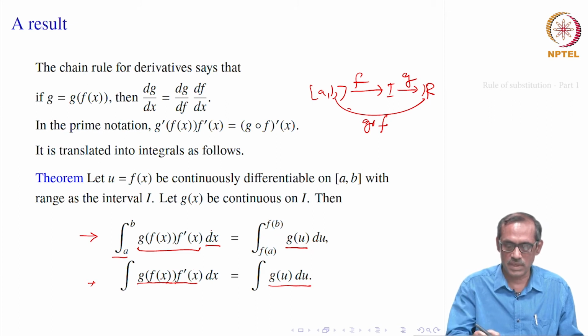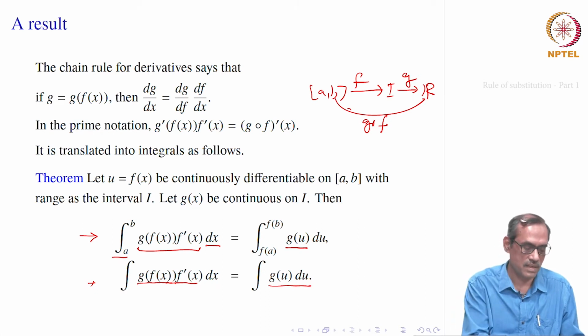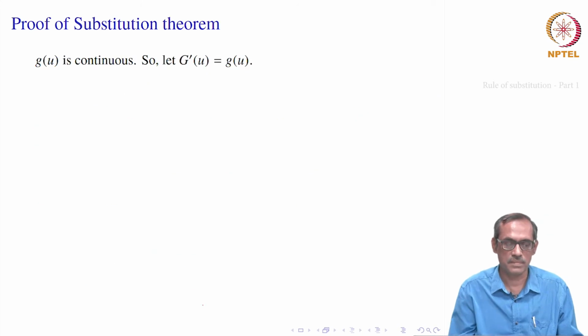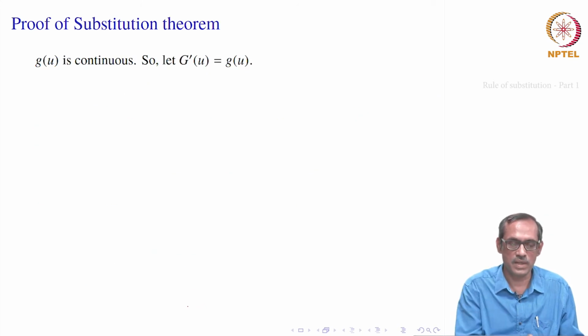Now, in terms of the definite integral, when you have the limits, on the left side you have the limits for x as a to b, on the right side you have limits for u, which is f of x, which are f of a to f of b. That is how they are related to the chain rule. We will see throughout the proof how it goes, why the chain rule is used there, it will be obvious from the proof. Okay. So, let us try to prove this.